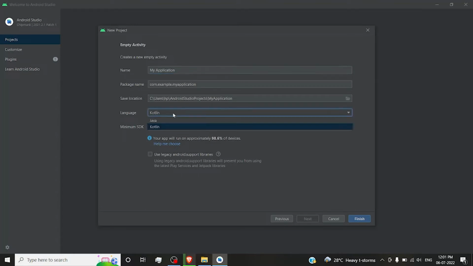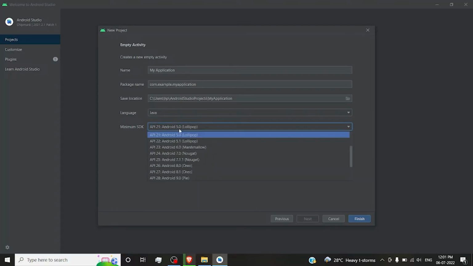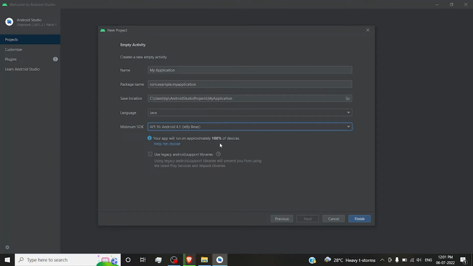This is the language, Java or Kotlin. I choose Java. And here you can select the Android version. Generally I used Android 4.1 Jelly Bean, like it is approximately 100 run on approximately 100% devices. So click on finish,